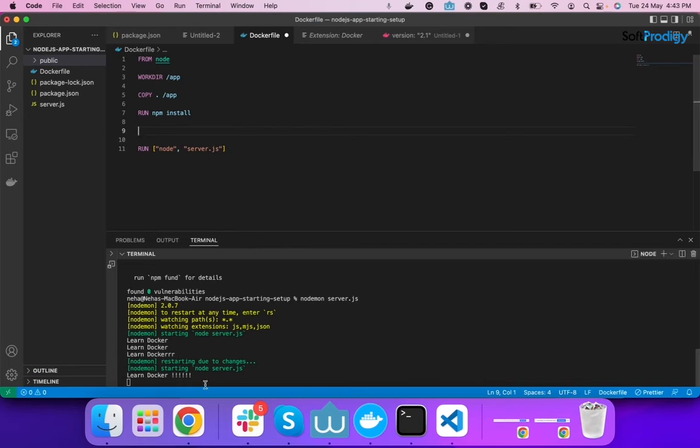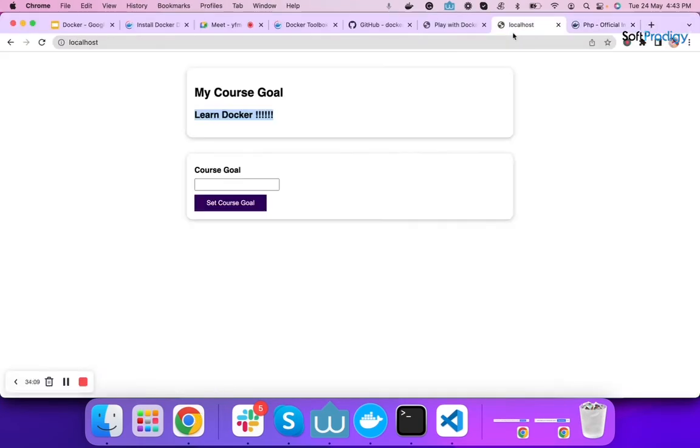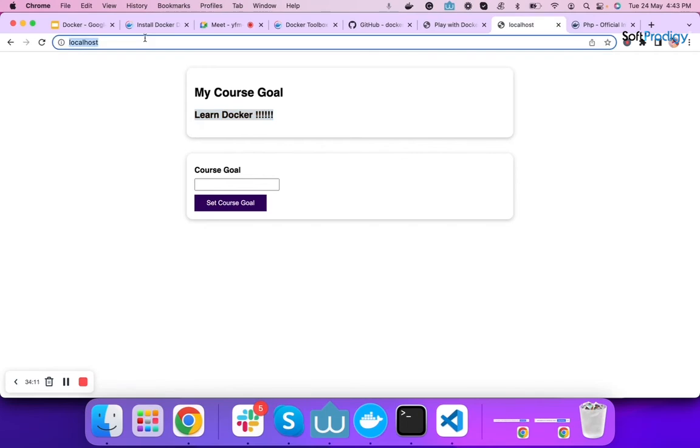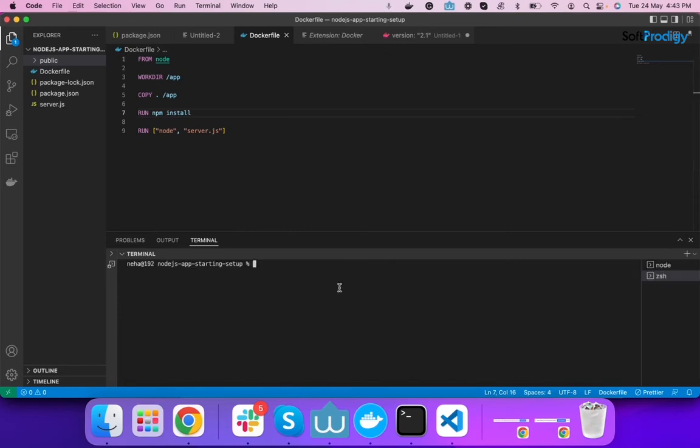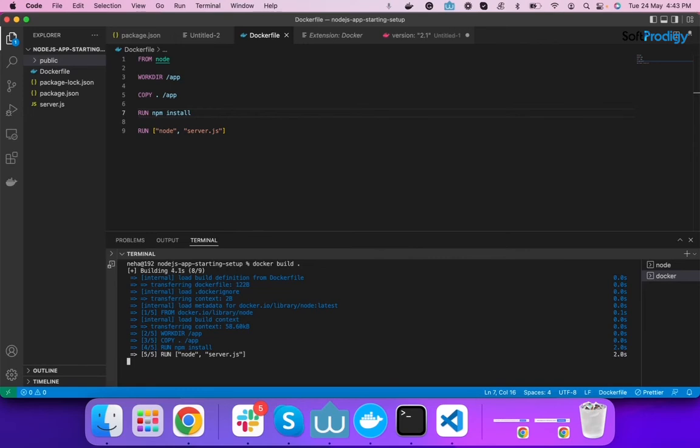As I showed you, our current project is running on localhost port number 80. So if I run this, let me just open. We can use docker build . to build an application from the image and to run a Docker.